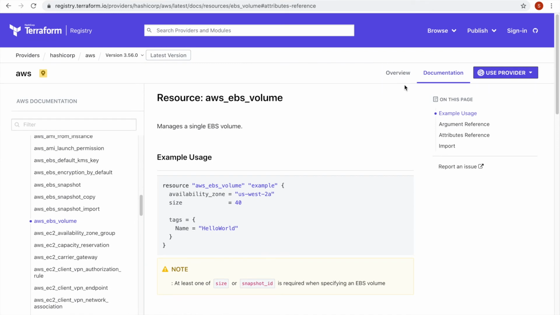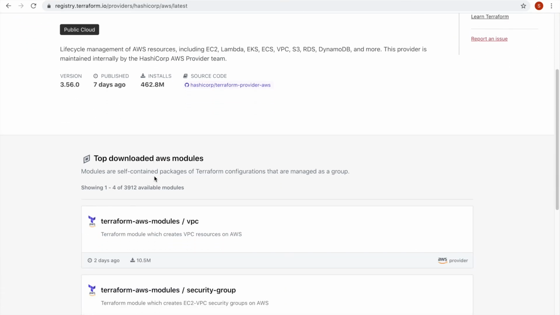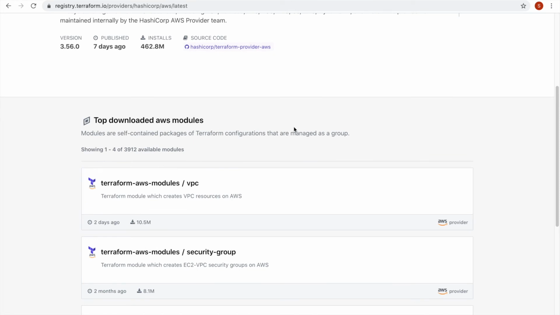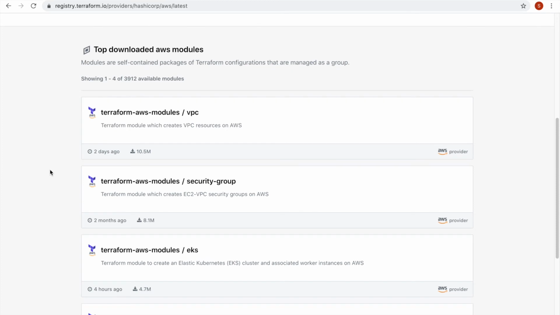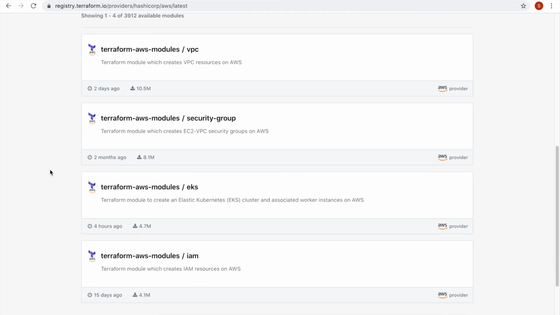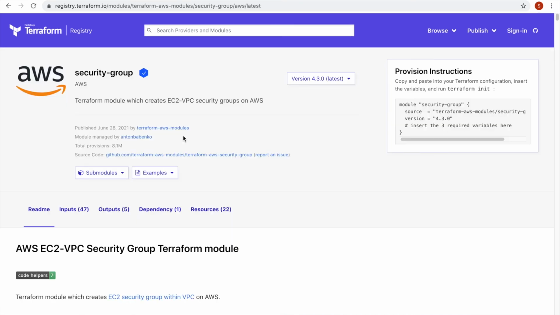When you come back to that AWS provider, you can also see there are a lot of modules already created that are available for us to use, like the Terraform AWS module for VPC, security group and EKS. If you want to use a particular module, you can click on any module.